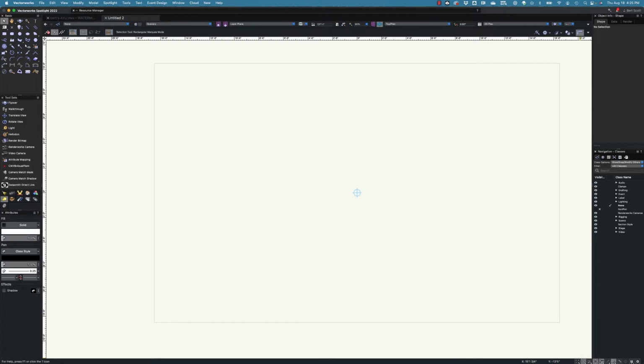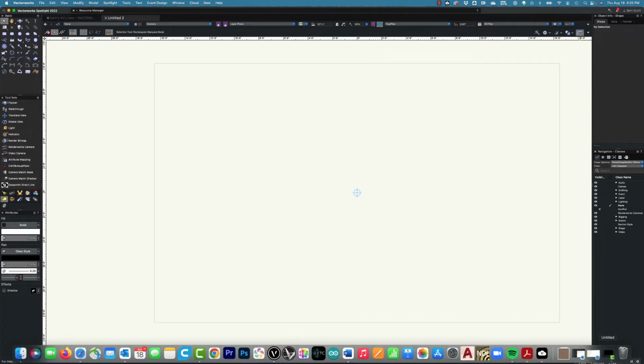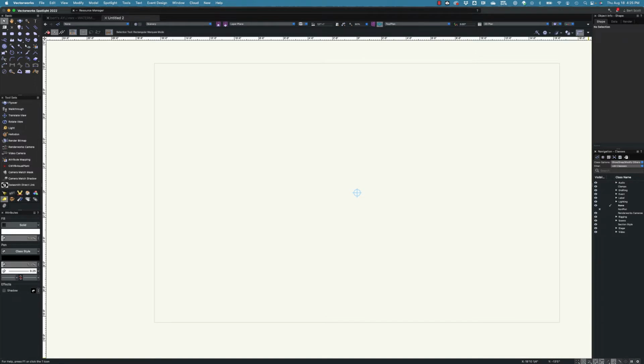So here are the items that used to be referred to as the snapping palette. Now they're still the snapping tools. They're just not really in a palette. They're just on the bottom line. So that's thing number one.